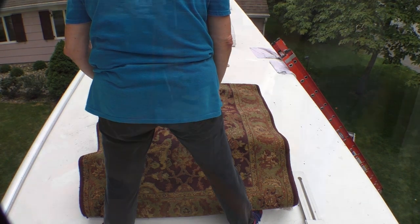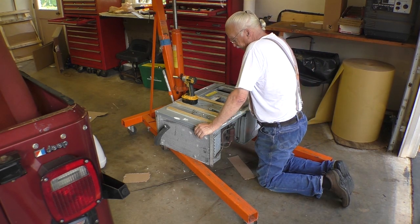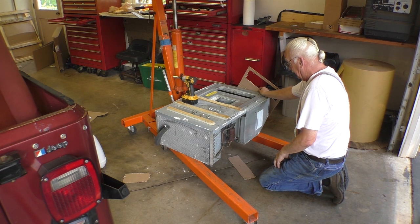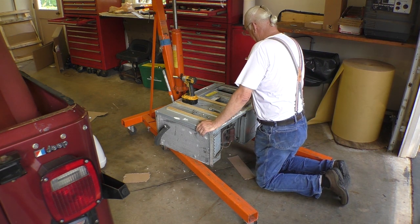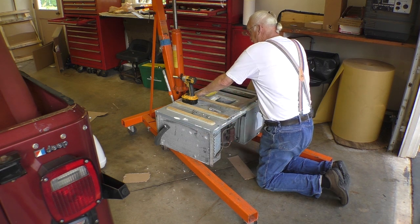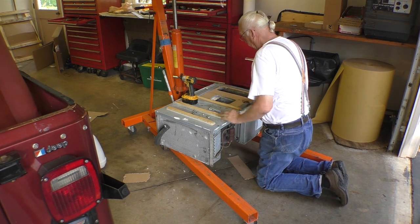This is the old air conditioner. This is the bottom of it. The new and the old air conditioner are almost identical. They're certainly by the same manufacturer. The workings are all located in exactly the same spot. The layout is all the same. The problem is the bolt holes that fasten it to the top of the motorhome are not in the same place. This tape is not laid out symmetrically. The closest one I can find to being symmetrical is this one across the bottom here, because it's laid right up against this ridge. So what I've done is I've made a template that fits in place of the old one with cutouts,